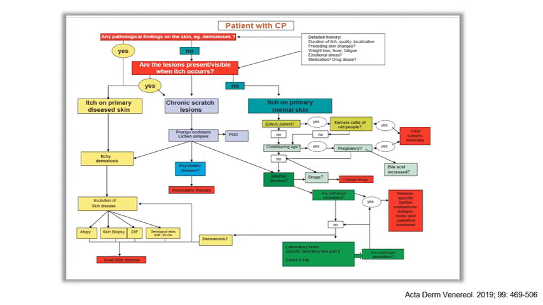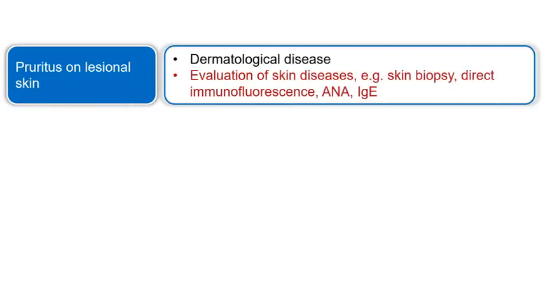So do we have an elderly patient, or do we have a potentially pregnant woman? And if this is all not true, can we find something? Can we detect something for internal disease? So at this moment, you are doing the laboratory analysis. And when we are here in the middle, when we have patients with chronic prurigo or lichen simplex, we have to consider underlying dermatosis, underlying internal diseases, or psychiatric diseases. So this is then really helpful, to have such a guidance for the diagnostics. Yeah, and here is a brief summary. If you have a dermatosis, you do your daily business.